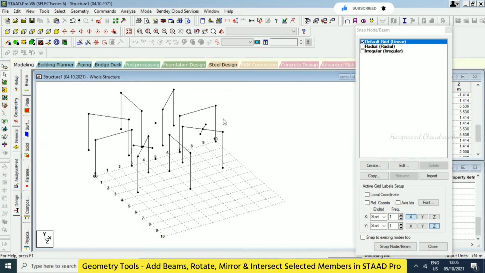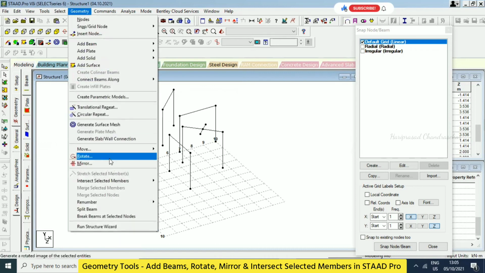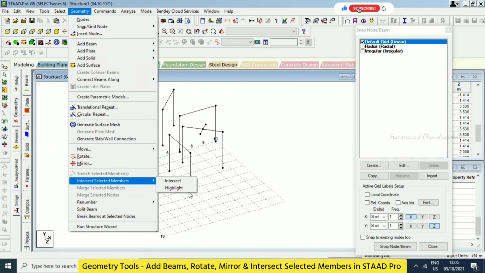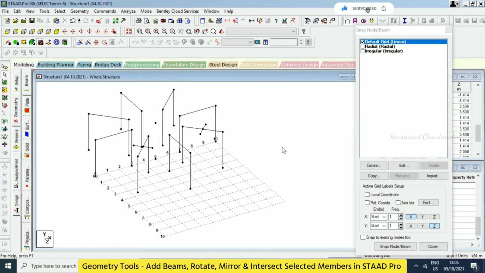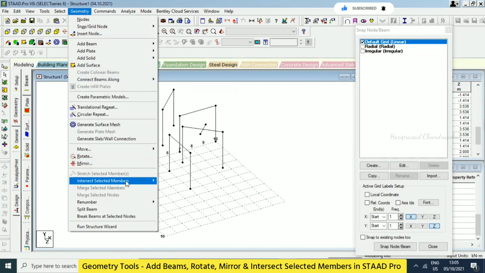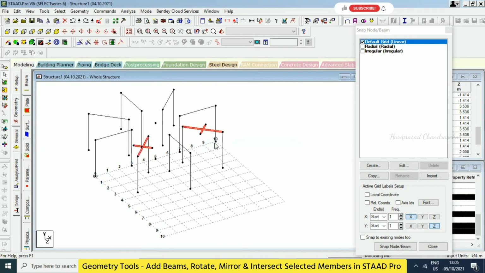So got it? Yes. Okay. And we also have highlight, which means it will highlight first. See, now I have everything. Now I will just go for geometry and then highlight. And can you see it is automatically highlighting. This is for highlighting. And then you can go for intersect.